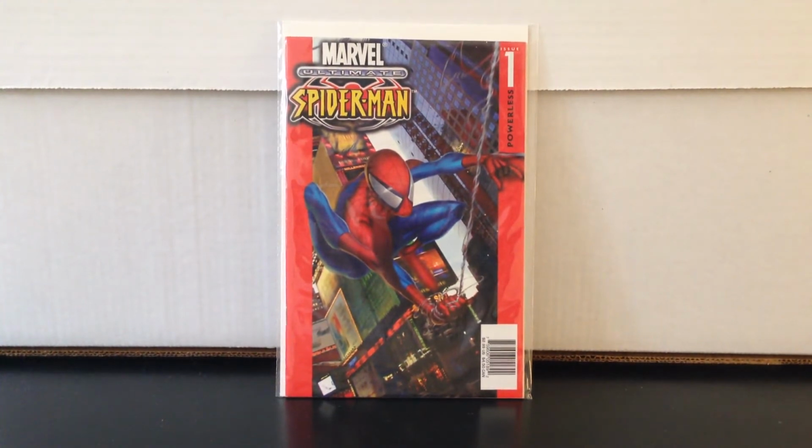Now this is the KB Toys variant, and these things are tough to tell what's what because they have like 10 different printings, but the only way that you can really tell is one, the back cover. And this one just has like an ad for batteries, which makes sense at KB Toys. And the inside, on the indicia, it says KB Toys print. But it's still a decent book to have, and they had listed this as a very fine at $4.50, and